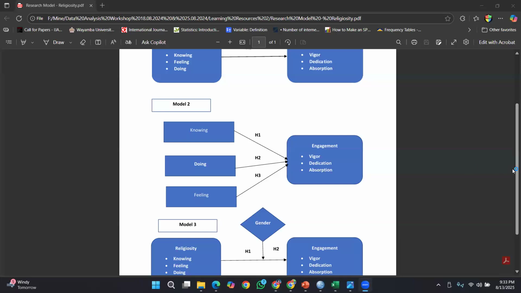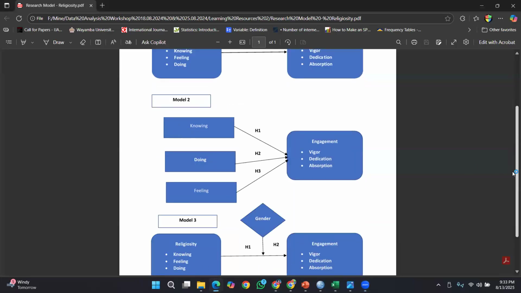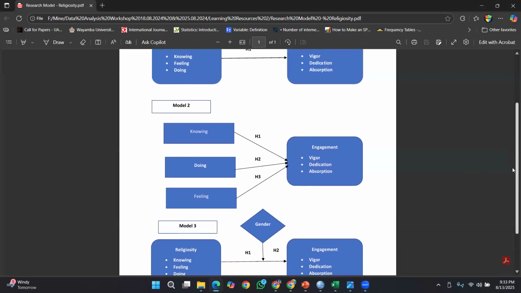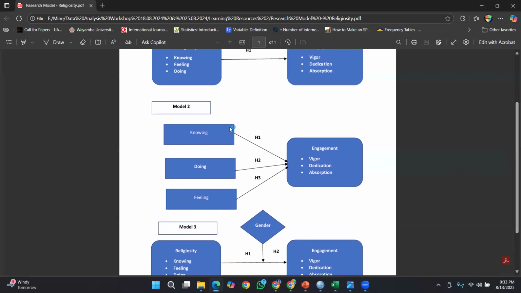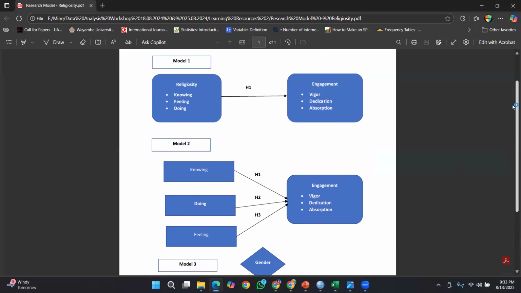I'm focusing on this second model, where we identify the dimensions of religiosity leading to employee engagement. Knowing, doing, and feeling are the dimensions of religiosity, and vigor, dedication, and absorption are the dimensions of engagement. You can present it this way. Three hypotheses have been made here at the dimension level. This is a model analyzed only at the variable level.